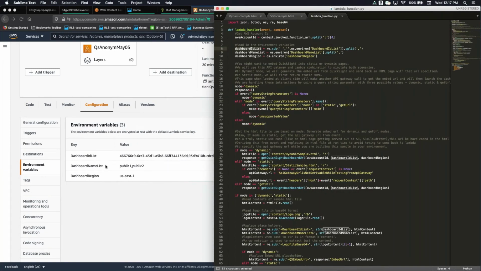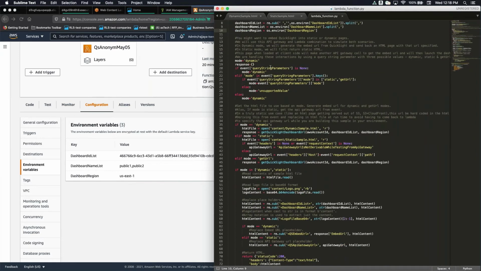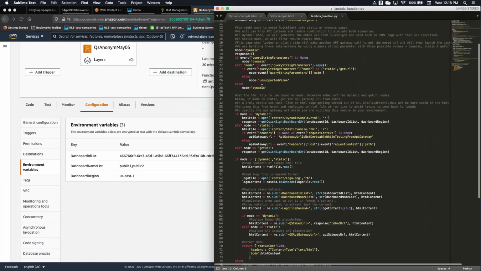And also the dashboard name list, that is the name that we want to show in our dashboard dropdown, is also pulled up from the environment variable, and we pull up the region where our dashboards reside in QuickSight. Now the next part is where we decide if we want to show the static HTML page or the dynamic